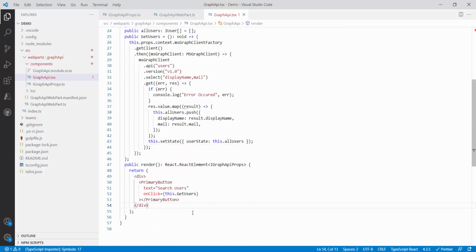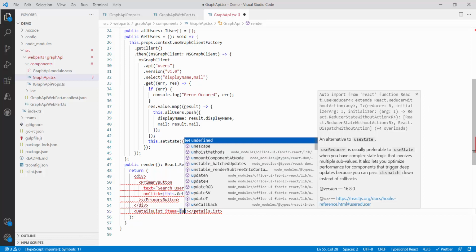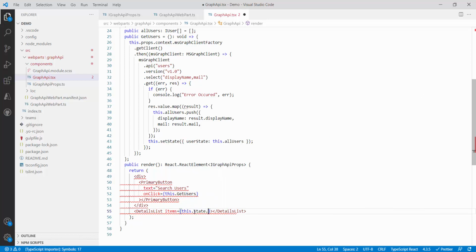I will quickly put the detail list over here. Okay. Detail list is asking for the items. For detail list, I have created a separate video if you are confused. If I exactly remember the video title, I think it is Handle Large List. Inside that I have explained detail list in detail. Detail list items, and items would be of type user, this.state.users. It should come inside this parent block. Now there is no error.